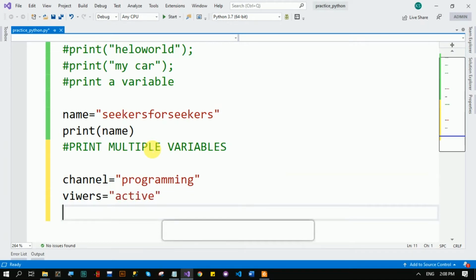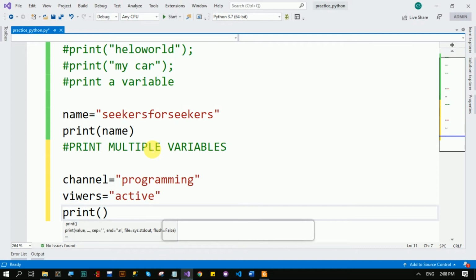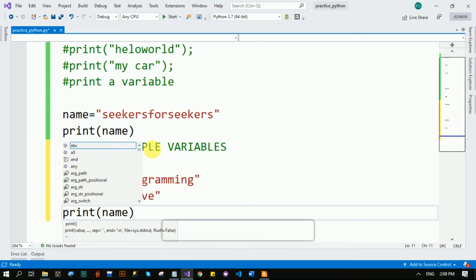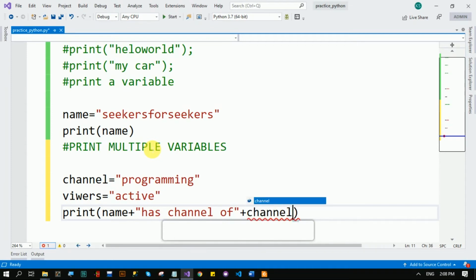So I will print this in code like print, first of all, name, concatenate. The plus sign is concatenation. SeekersforSeekers has channel of channel, and it has